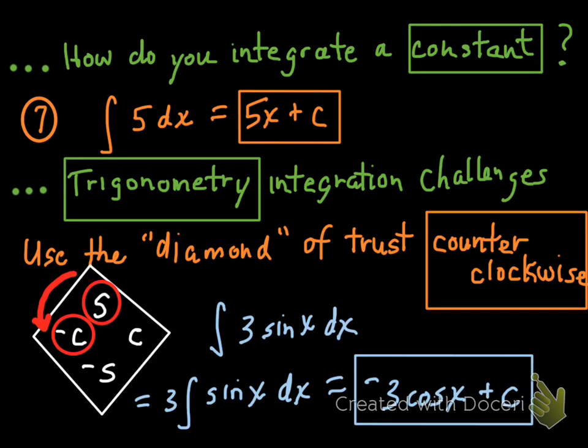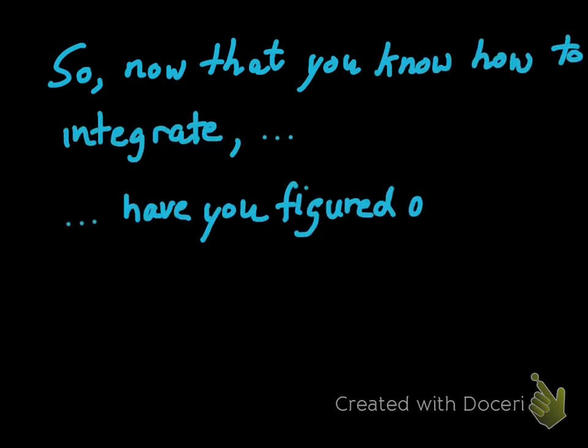So that gives you an idea of how to deal with power rule in reverse. Easy powers, negative powers, fractional powers. We also know how to deal with x to the negative first. We also know how to deal with integrating a constant and how to deal with integrating sine and cosine type challenges. So now that you know how to integrate, my question is,